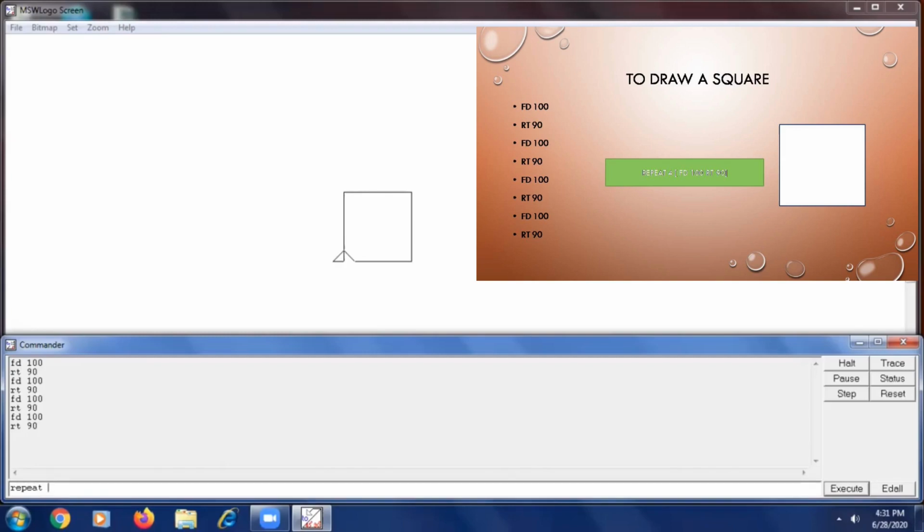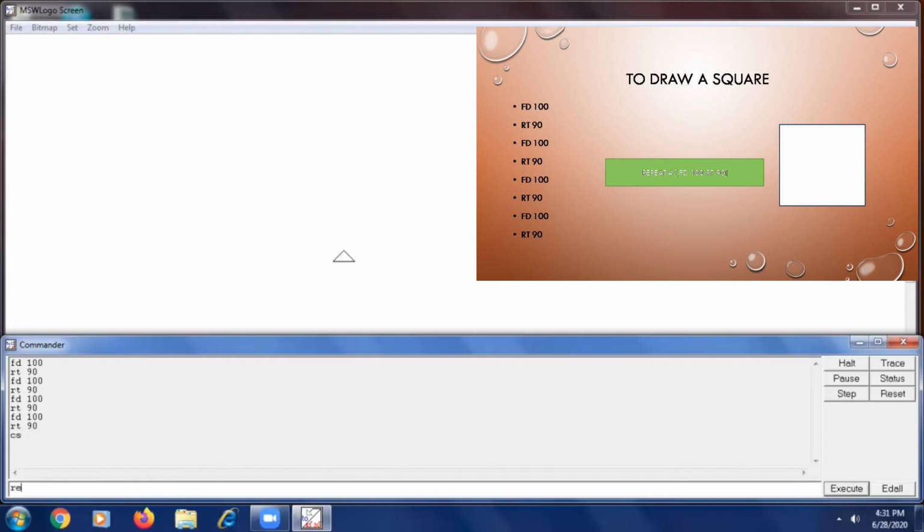Instead of that, if I write the repeat command, it can be written just one time. So for the repeat command, we have to write repeat. How many times do I repeat here? 4 times. What do I repeat here? FD 100, RT 90. That's it. Now let me erase it, CS.